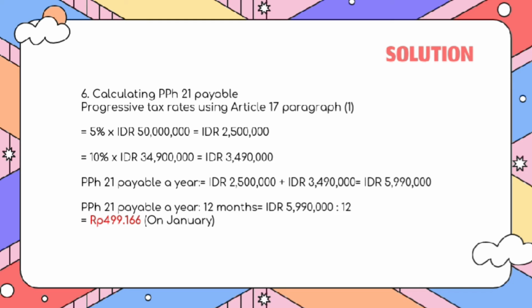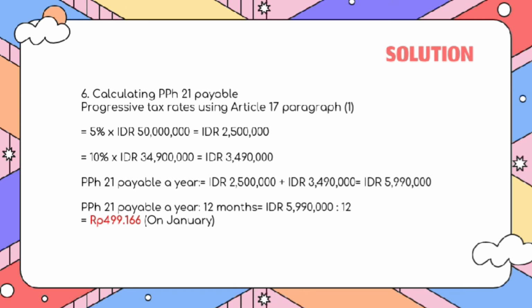The first step is to calculate the progressive tax rate using Article 17 paragraph 1. For the first 50,000,000 rupiah, we multiply it by 5%, which results in 2,500,000 rupiah. For the rest, 34,900,000 rupiah, we multiply it by 10%, which results in 3,490,000 rupiah. So we can get the PPh 21 payable a year by totaling the progressive tax rates, which results in